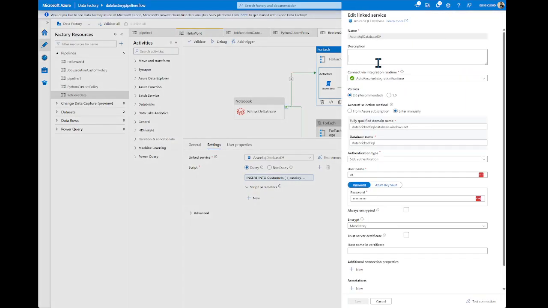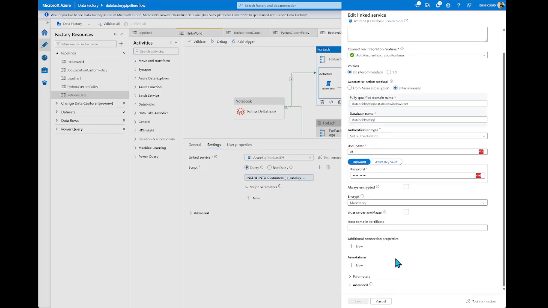Let me open it up and show you. You might see the linked service, SQL database. We use the same runtime. We have some configuration for the database that we use, and probably that's it, nothing specific.